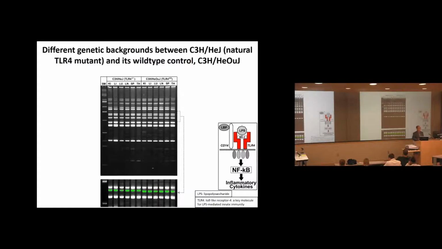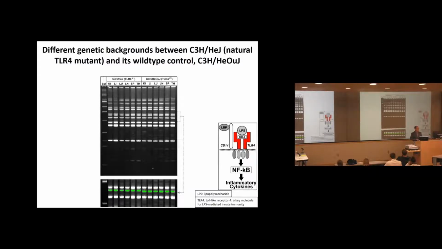So for this study, there is a natural mutant. These are not knockout or CRISPR mice. C3H/HeJ is a natural TLR4 mutant. There's a point mutation in the TLR4 gene. Therefore, it doesn't make functional TLR4. And Jackson Lab claims that C3H/HeOuJ is identical to C3H/HeJ except for that TLR4 locus. So we used HeOuJ as a control to study the effect of TLR4 on LPS stress